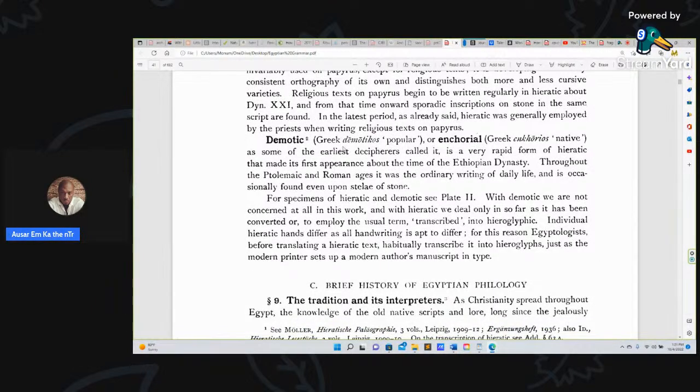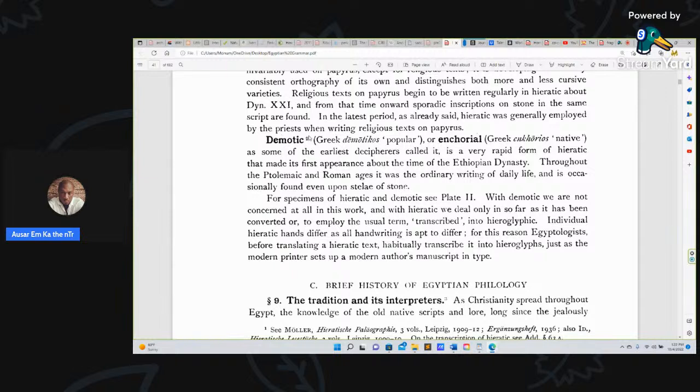Demotic, Greek demoticos, popular, or enchorios, Greek, native, as some of the earliest decipherers called it, is a very rapid form of hieratic that made its first appearance about the time of the Ethiopian dynasty. Now, here's another discussion that pops up. Some of us are conflicted concerning this. This says right here, enchorios. What does enchorios mean? It means it's native to the people,